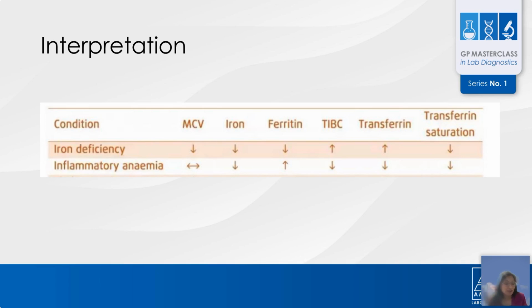Low iron, as I've mentioned, cannot be interpreted in isolation, and we should not say the patient has iron deficiency based on that alone, because we can find low iron in infection, inflammation, and malignancy. We need to look at our ferritin values and compare them to proper reference ranges. Transferrin and transferrin saturation can also be important.